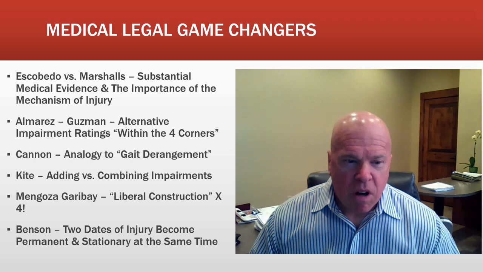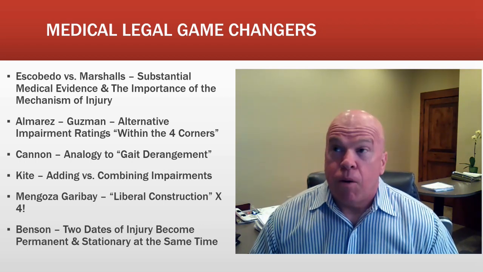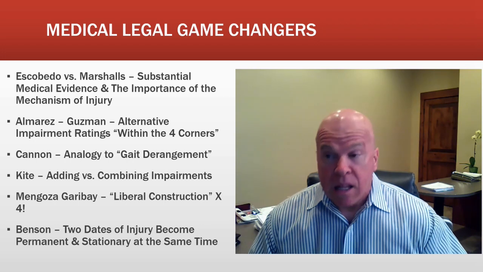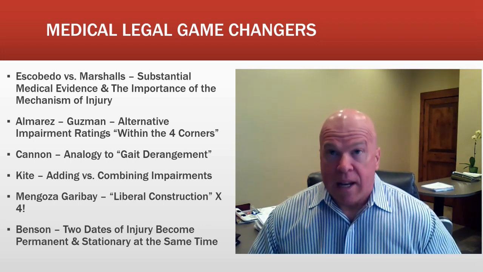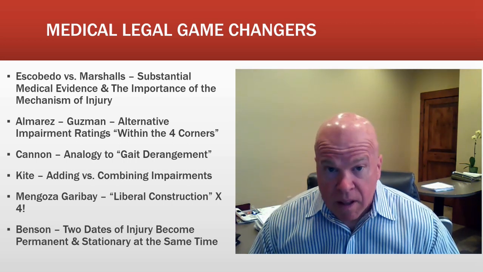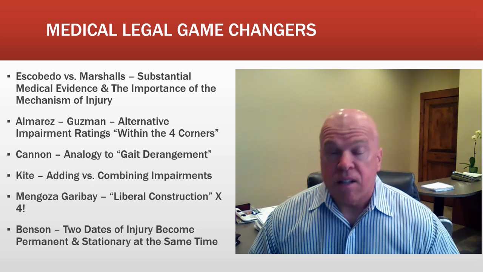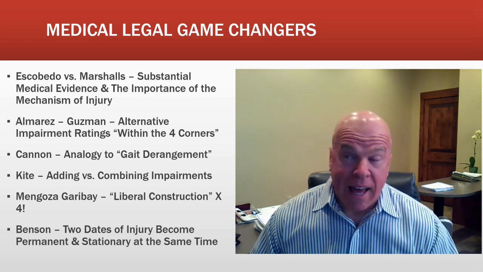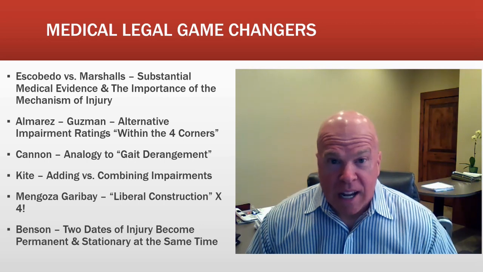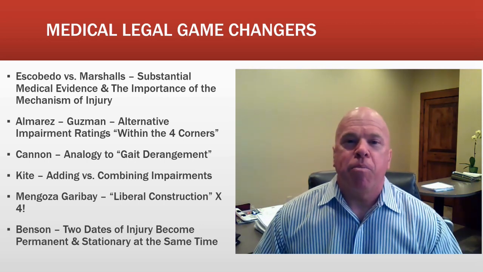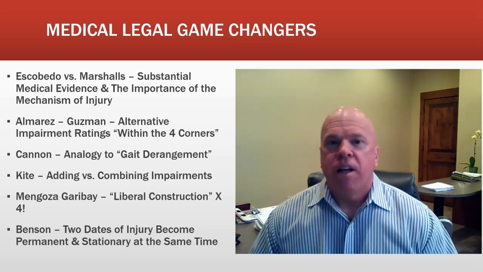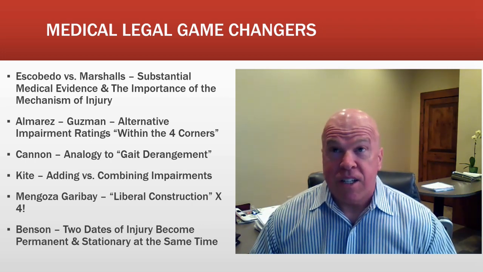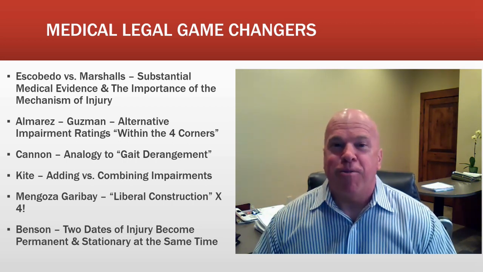In session number 3, we talked about the Cannon case, and the Cannon case was a fascinating case that basically provided an injured worker with a permanent impairment rating by analogy to a condition that he didn't have, by analogy to physical examination findings that he didn't have, but an analogy to limitations in activities of daily living. The examinee remotely had a limitation in activities of daily living remotely similar to another impairment rating in the AMA guides that describes a similar limitation in activities of daily living. So it was an analogy of an analogy of an analogy of an analogy. And it was upheld